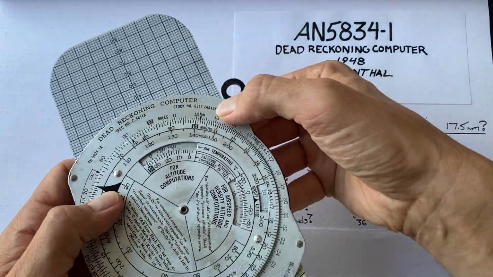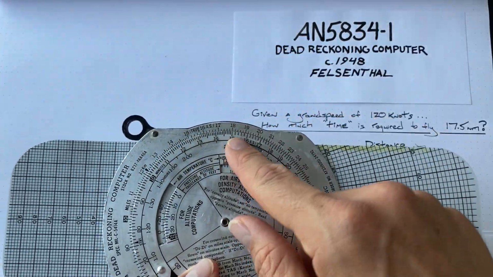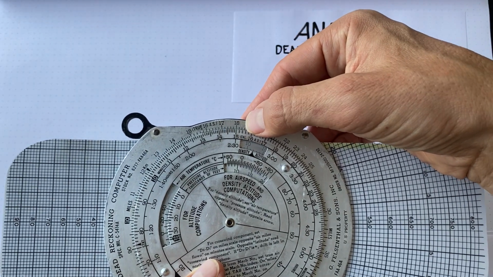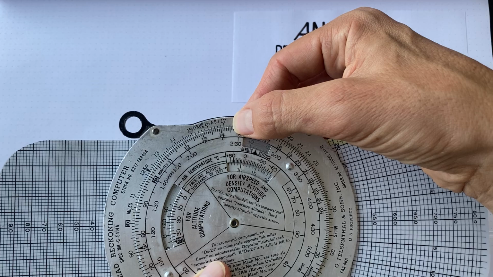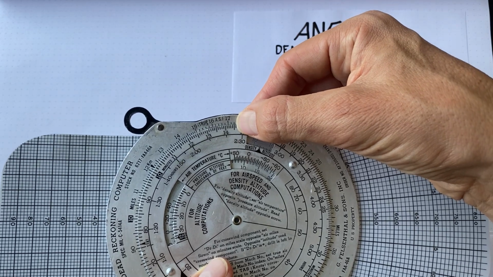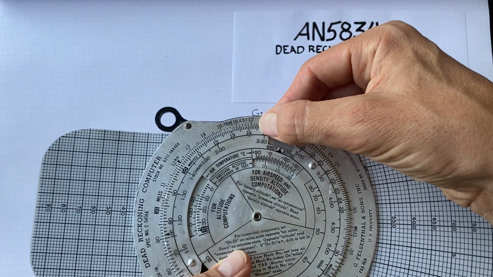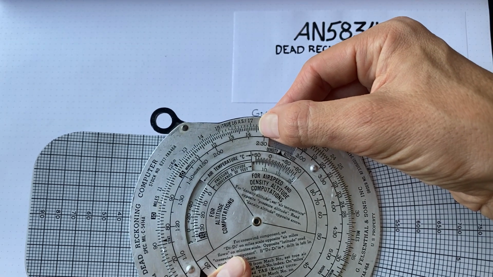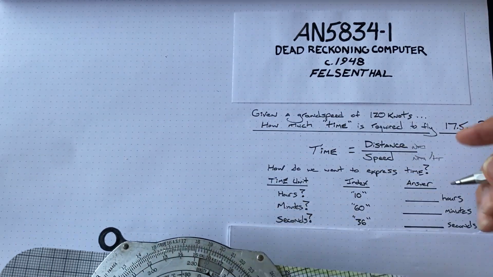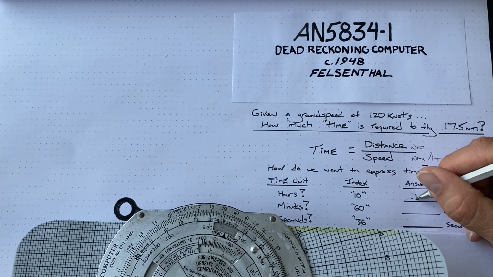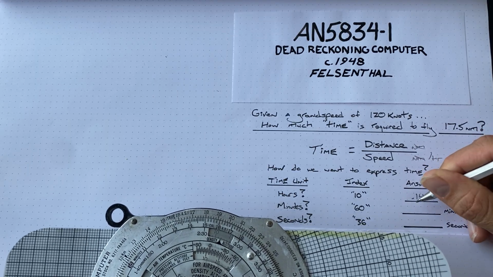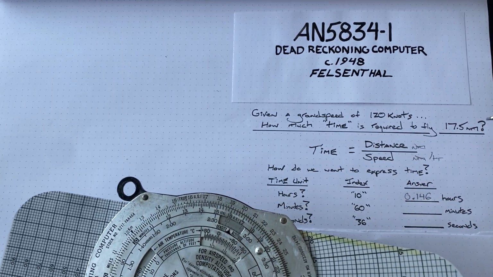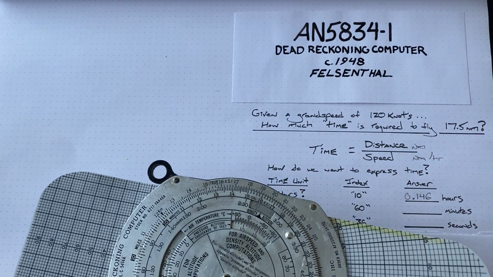And then along the outside of the device, I'm looking at distances. And so I'm looking right here, it's 17.5, halfway between 17 and 18, 17.5 nautical miles. And I slide on down and I have a value here. I have to keep track of the decimal points in my head, but 0.146 hours. So let's write that down, 0.146 hours is how long it takes to fly 17.5 nautical miles at a ground speed of 120